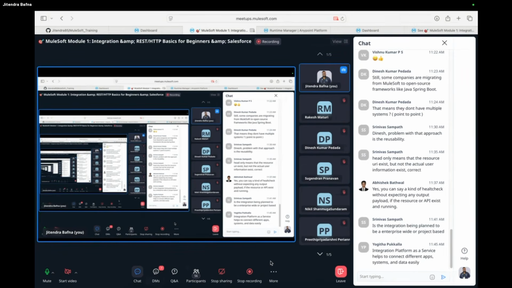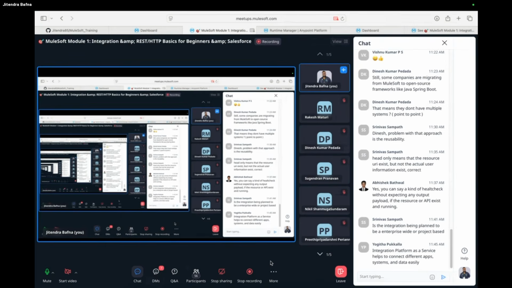You don't have to worry about those. You don't have to worry about the underlying infrastructure. You deploy your application. That is the first point. Second point, each and every API runs independently. So if you stop one API, it doesn't mean the other API will not work. They are running on different instances basically.